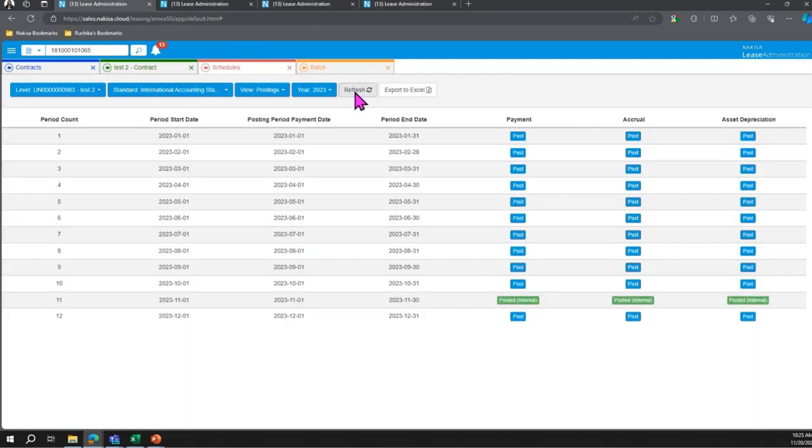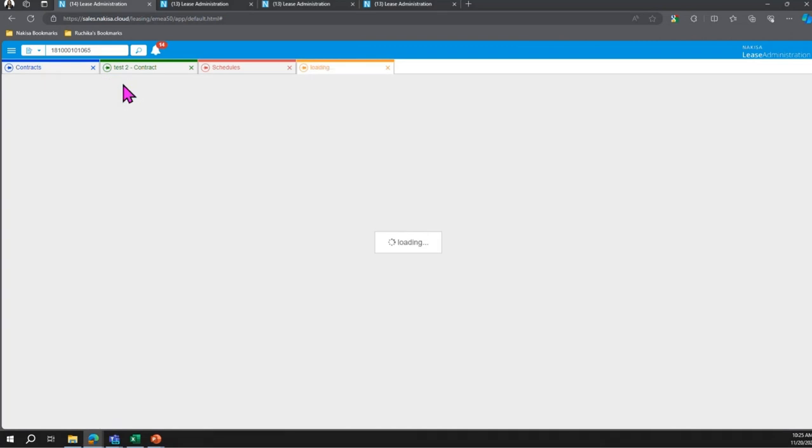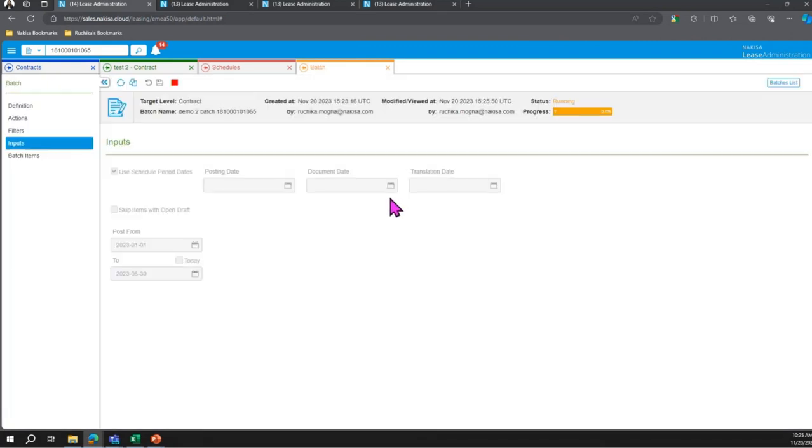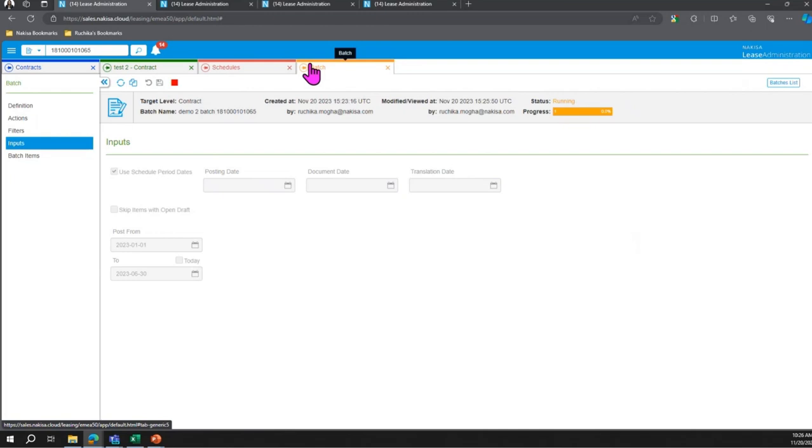Refreshing this schedule to see if it's posting my entries. Lena, do you know why it's not working? It's going to work. I'll let it refresh, and while this one